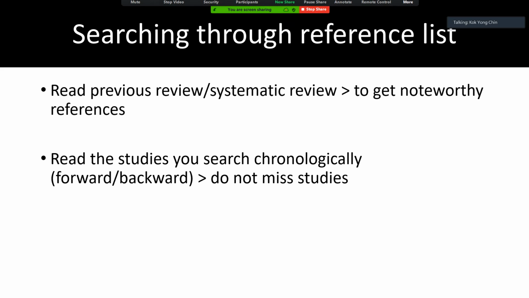Read the discussion carefully to identify key references from past studies. Okay, read in a forward manner in time or backward manner in time. Don't jump around so that you do not miss important studies. Okay,